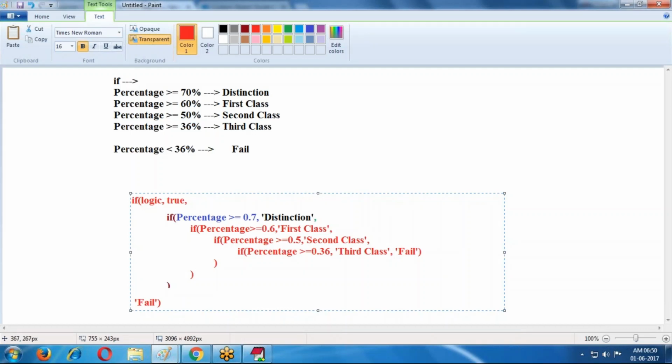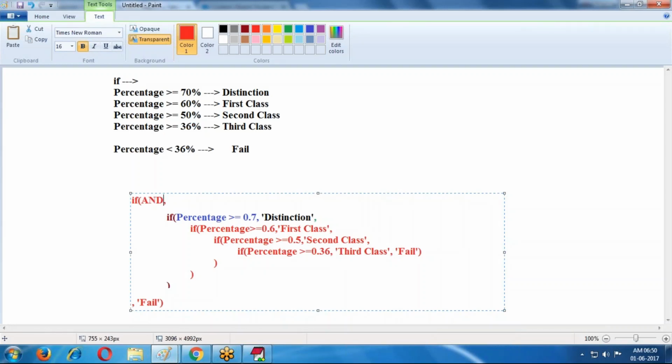In the case of the true value, I am writing the logic that applies: this is the logic, this is the value, whatever the previous logic is. What is the logic we are writing?